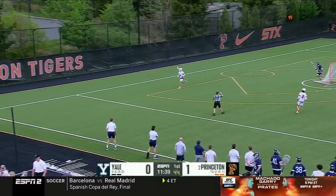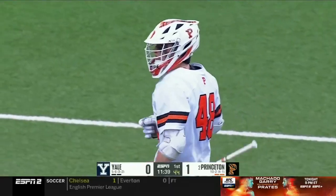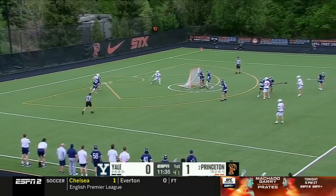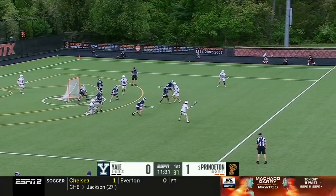Shot goes wide. John Dunphy running on this second midfield line. What do you like so far about Princeton and how they're clicking, moving the ball offensively? I just think there's a sense of confidence with this offense right now. They're not concerned whatsoever. They're earning all the opportunities that they want. Defensively, Yale is really going to have